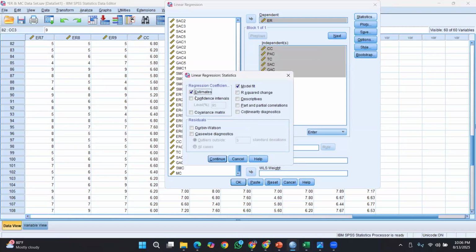These are the defaults: estimates and model fit. The collinearity diagnostics you have to tick, and the Durbin-Watson has to be ticked. And here, of course, descriptives and R squared change are offered.